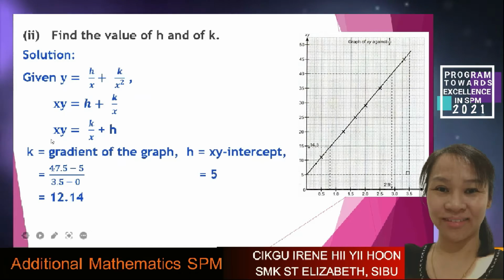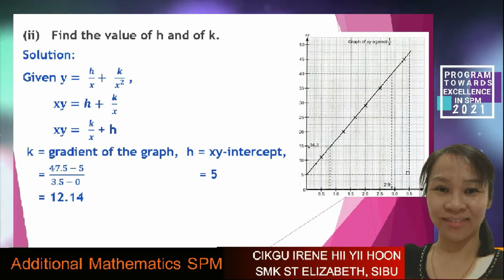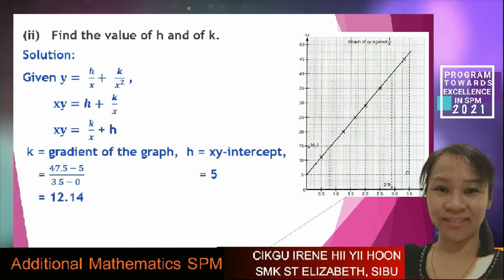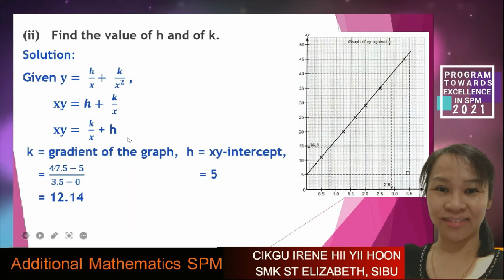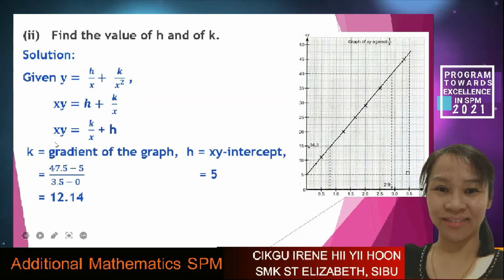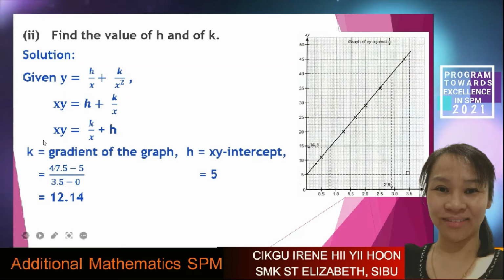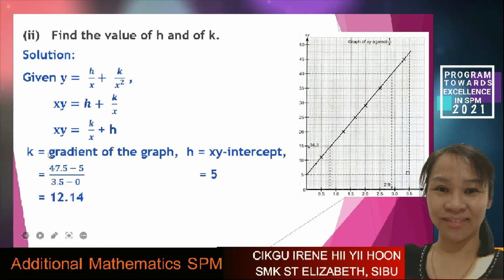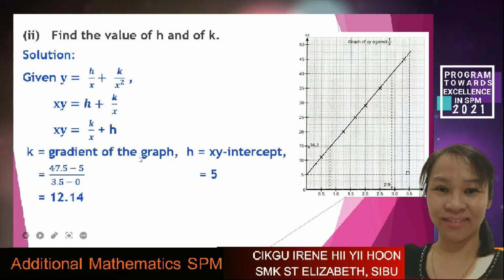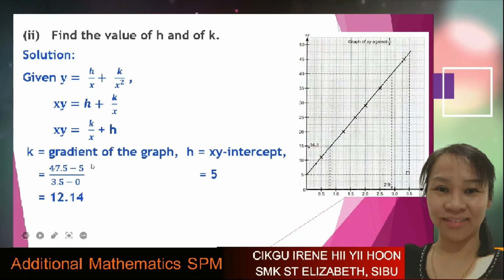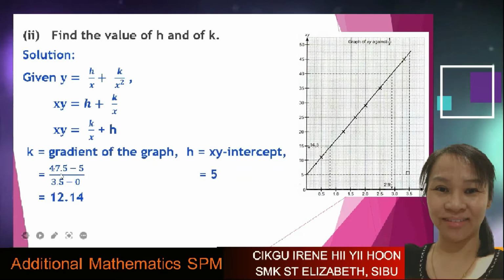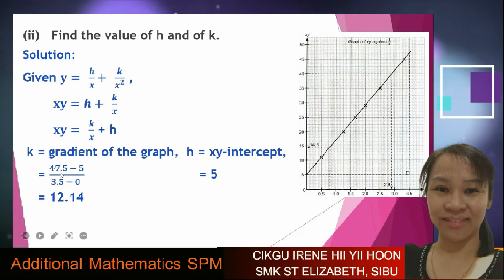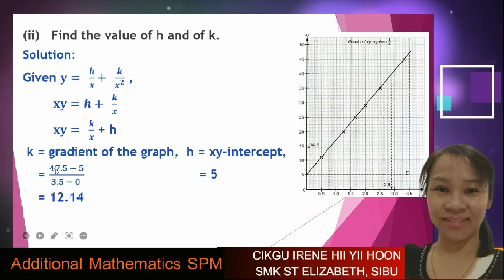Rearranging the equation, we get the linear equation, that is xy equals k over x plus h. Once again, from the linear equation, we will find that the value of k represents the gradient of the graph. By choosing any 2 points from the line and substituting the points into the formula of the gradient, we will find that